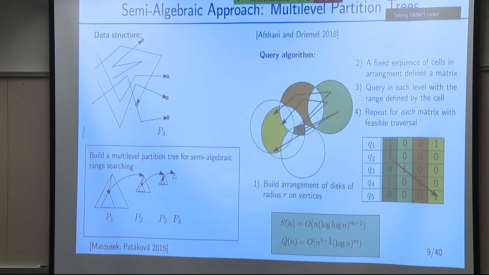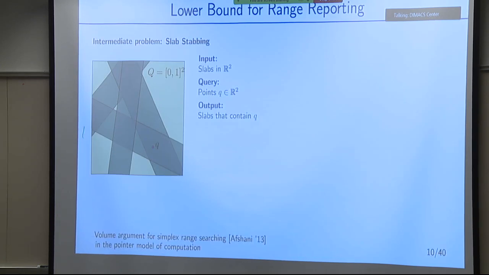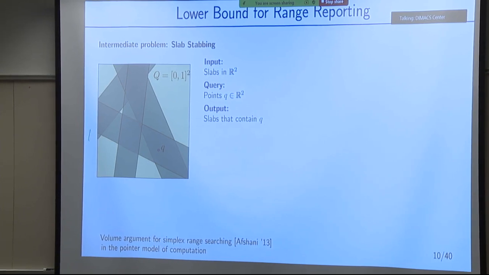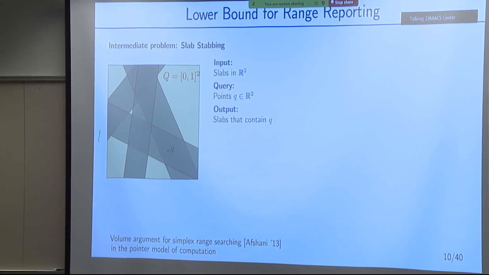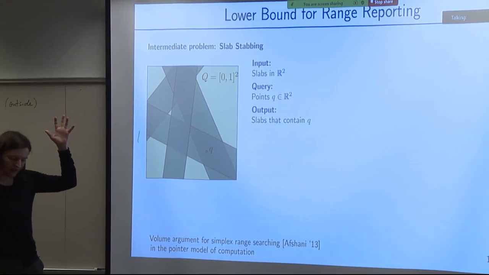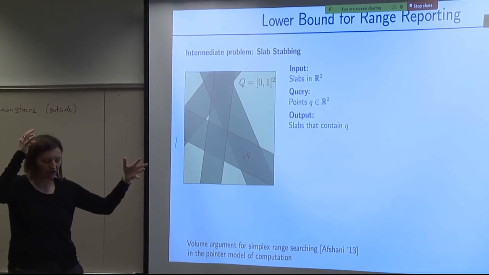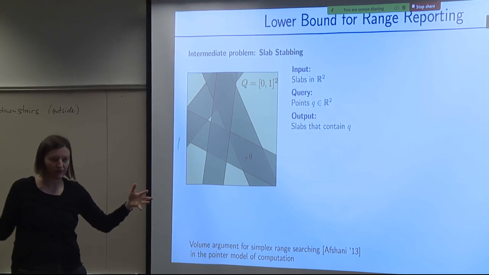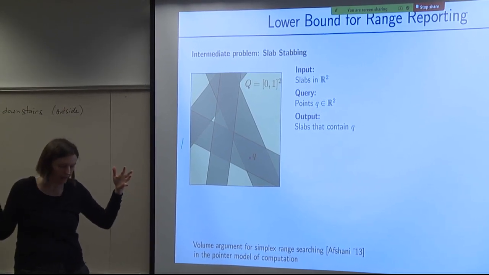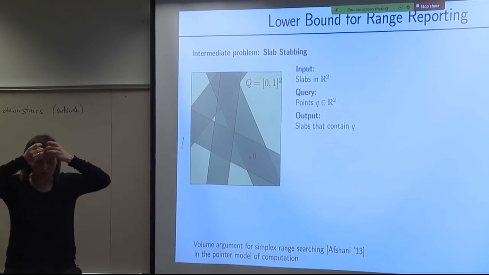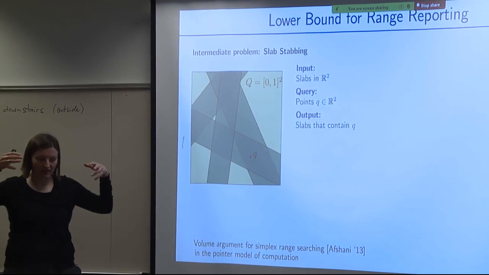Okay. So now we looked at these two techniques. I also promised a lower bound. And so the lower bound is for the range reporting version. To get this lower bound for range reporting, we have to find a difficult set of input and queries. And this lower bound is in the pointer model of computation, where you think of the data structure as a graph